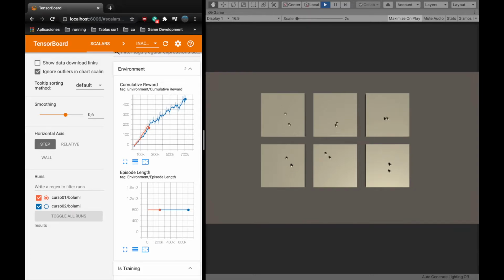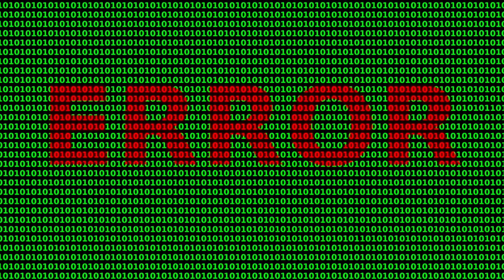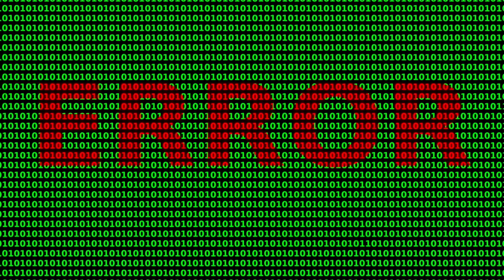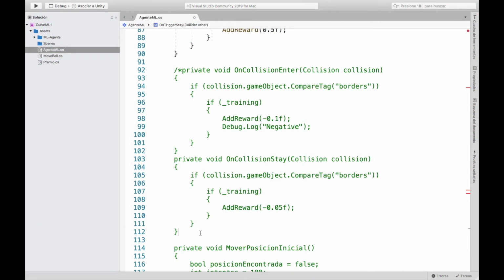Well, now we have a better environment. Maybe not the best possible, but for sure better than before. Fine, we have some problems in the code. I noticed it while doing the cleaning, observing the agent, I realized that maybe there is something wrong. And so it was. We have the functions onTrigger and onCollision, and we are going to remove onCollision and leave